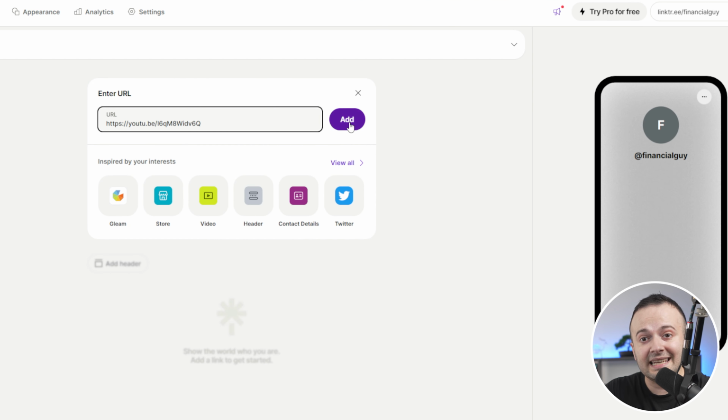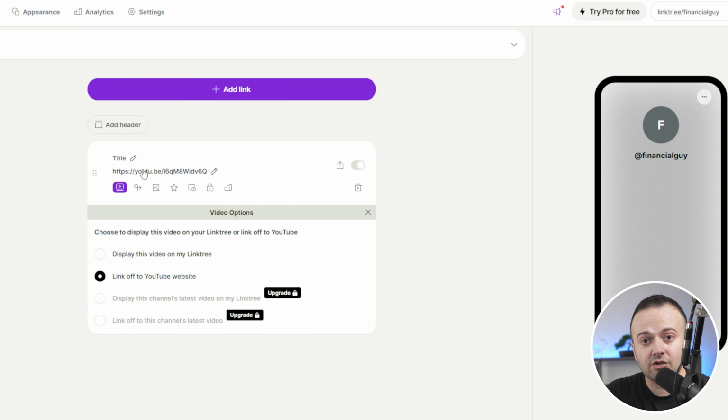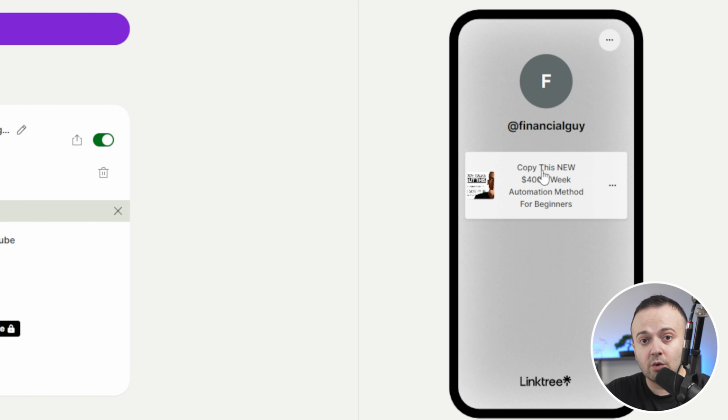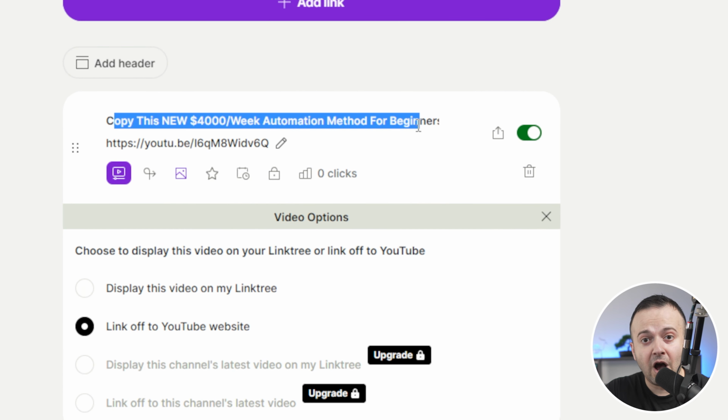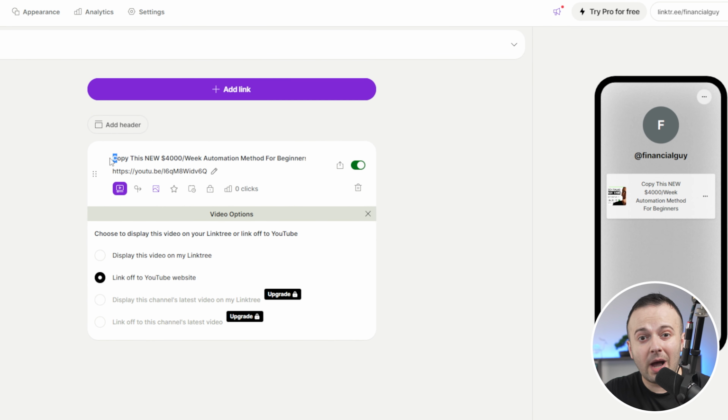You wait a moment and let the AI add your link to your Linktree. It's here. You can see the title of your linked video here and the thumbnail here on the right side of your Linktree. If you want, you can also customize the link title and URL. I would stop here because I think the title is actually quite good, quite catchy. I would say copy this $4,000 a week YouTube ChatGPT automation method. So this video tutorial teaches viewers how to combine the power of AI using ChatGPT with YouTube automation, which sounds